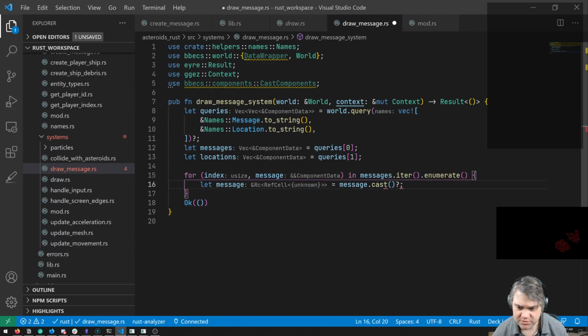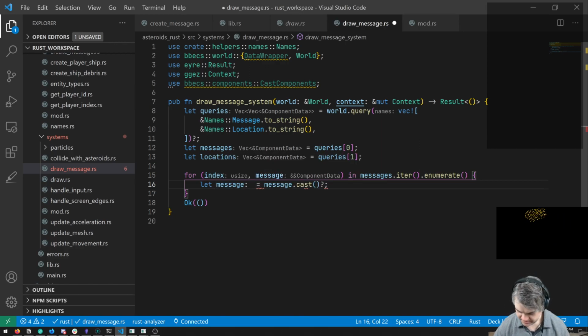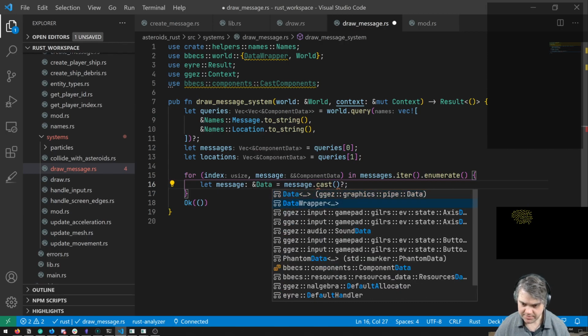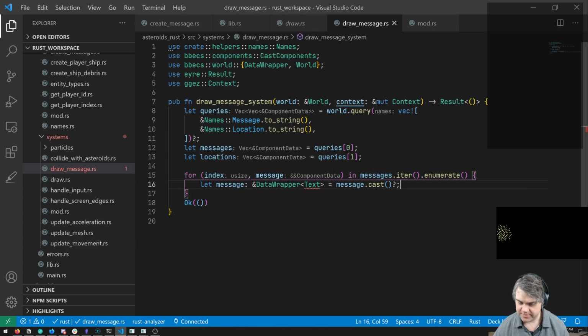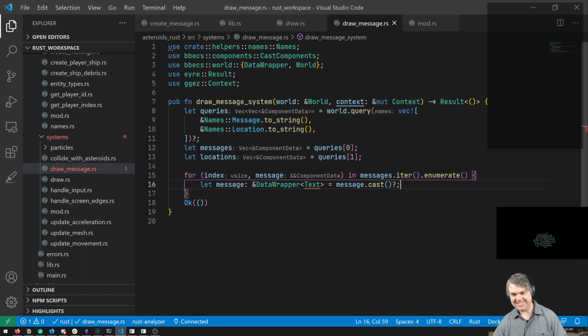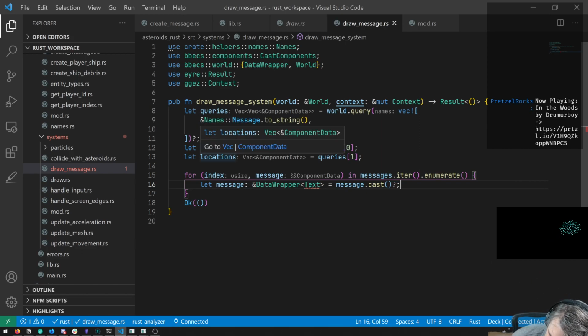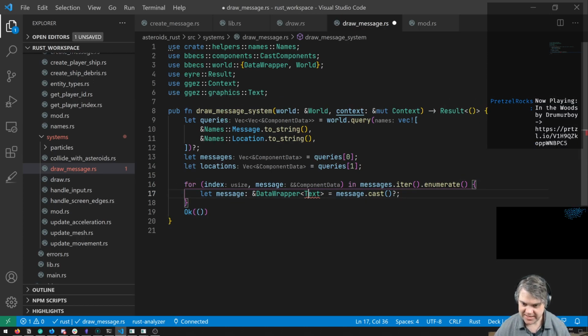Wait, did I have 2 equals in there? Oh, I had 2 equals in there. Okay, that's my problem. Reference to a data wrapper with text inside. Okay, there we go. So that's one of the few times that the little injected thing screws me up, because I had an equals on the other side of it and I didn't see it because I was looking at this thing. That's fun. Okay, we need to pull you in so you know what that is.